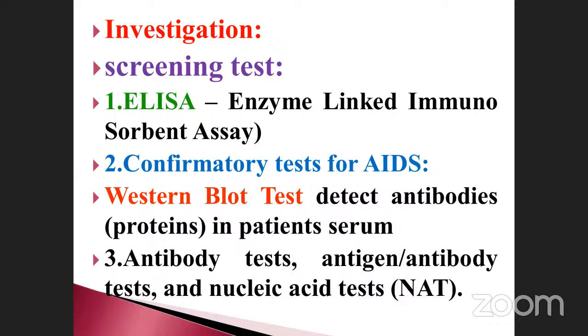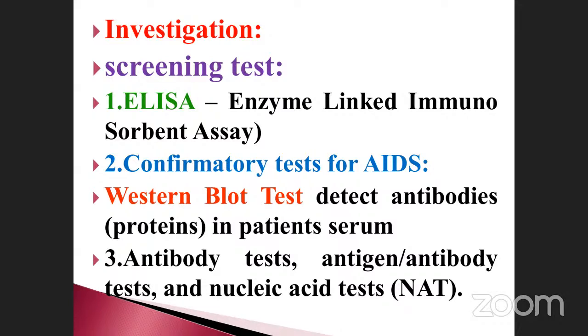This is also sometimes asked as a question: a confirmatory test for AIDS. Confirmatory means the person has fear, and 100% surely he has HIV. That test is called the Western blot method. Note it down. This is very, very important. Confirmatory test, Western blot. Screening test, ELISA. They detect the antibodies and proteins in patient serum. That's why we are taking the serum for the antigen antibody reaction. The ELISA test is also an antigen antibody reaction, and also an enzyme and substrate complex. When we study enzymology, we'll discuss it in detail.